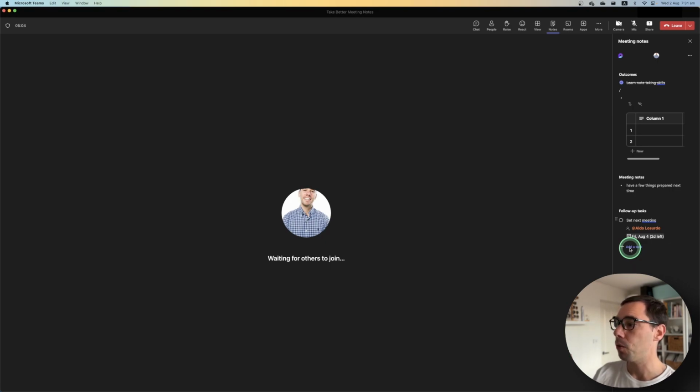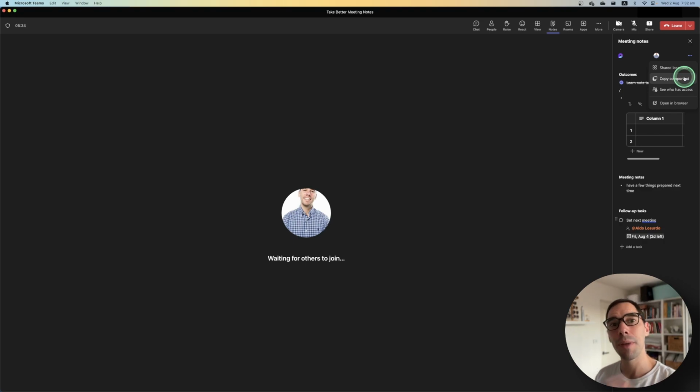One thing about where this meeting note is currently situated is it can be a little bit cramped if you're doing more than just quickly taking a few notes, and that's okay. Because what we're going to look at is two ways of actually accessing these notes on a bigger screen. From here, in the meeting notes section, we're going to go to the top. You can see the little Loop component in the corner. That really just tells you this is powered by Microsoft Loop. But on the right-hand side, we're going to select More Actions,